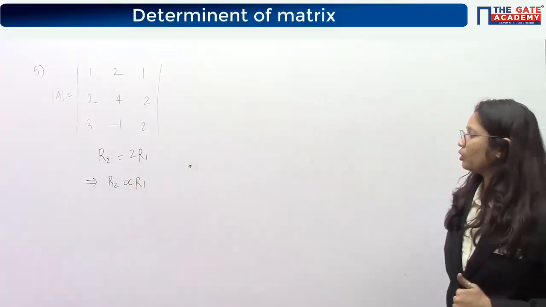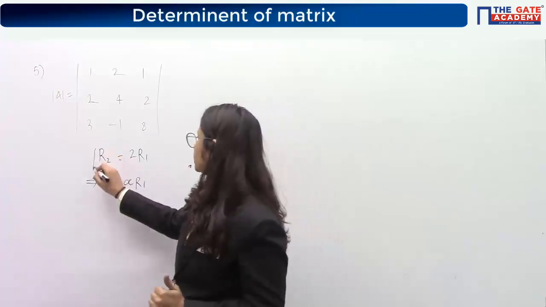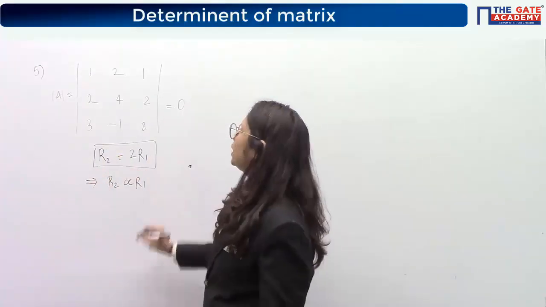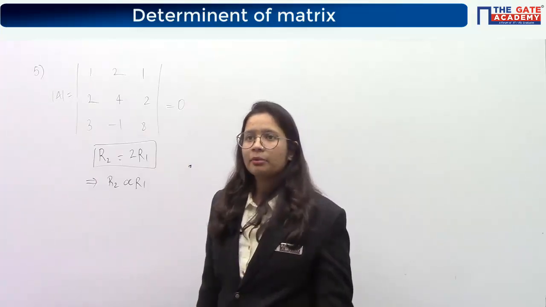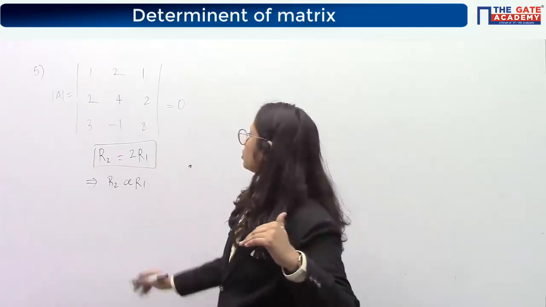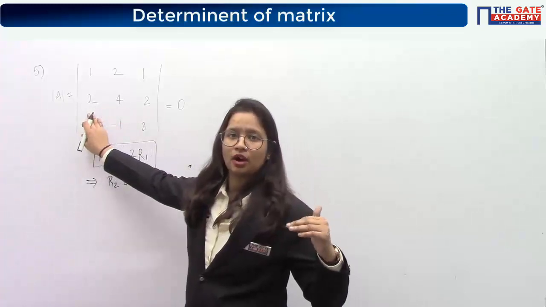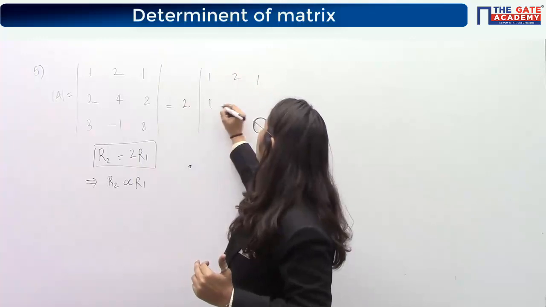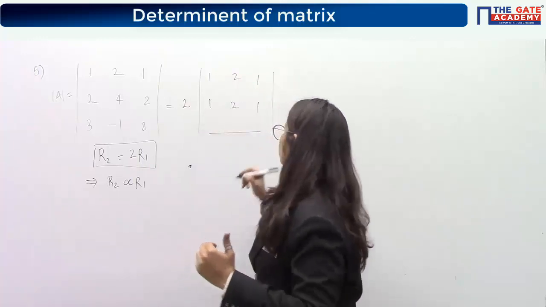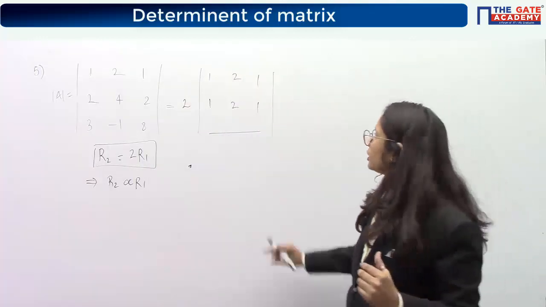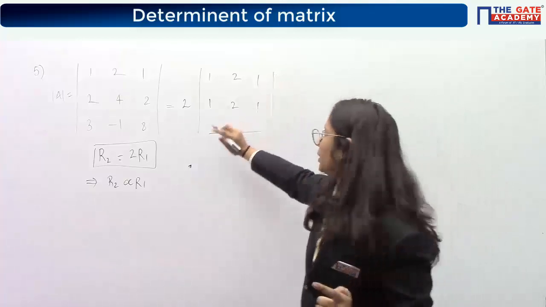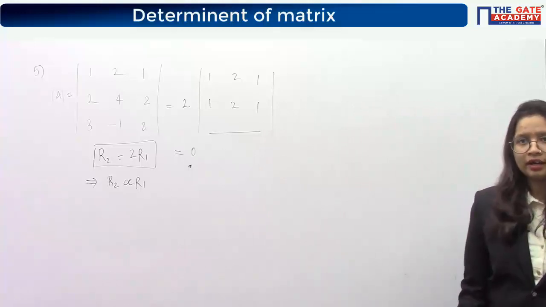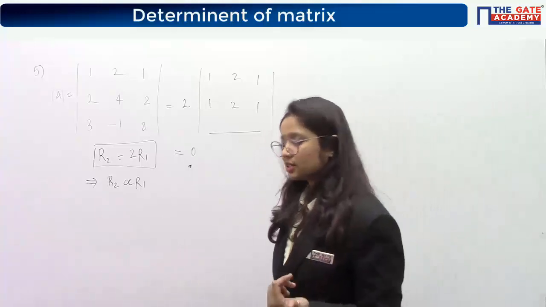So whenever 2 rows are proportional, meaning this kind of relationship can be seen among the rows or columns, then this determinant value will be directly 0. Why? Because we have seen the earlier properties also. We can see that this 2 can be taken out as common. If I take this 2 as common, then it will become 1 2 1, again 1 2 1, and row 3 will remain the same. And you know that if 2 parallel lines are identical, determinant will be 0. So it is nothing but the combination of earlier 2 properties. Okay, it is the same thing.